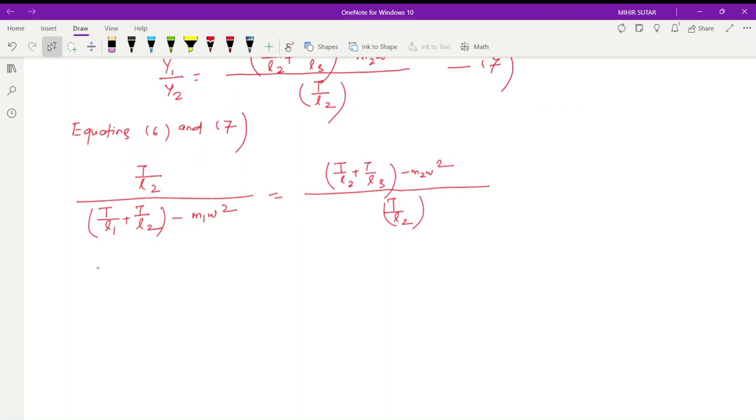Okay, so we can rewrite this equation as